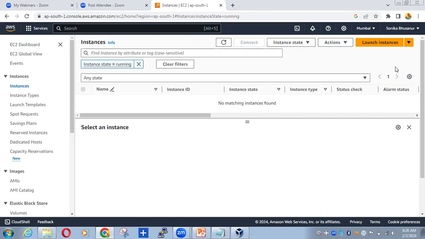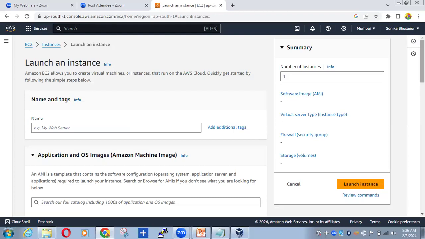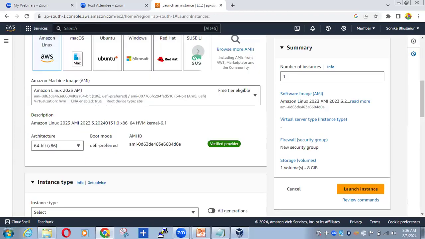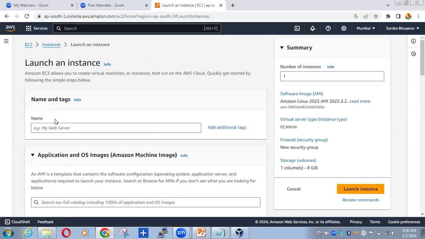Now, to create an instance, we have to click on launch instance. Launching an instance means we are creating our shared hosting servers. Okay, shared servers. As of now, let me keep the name as Linux batch